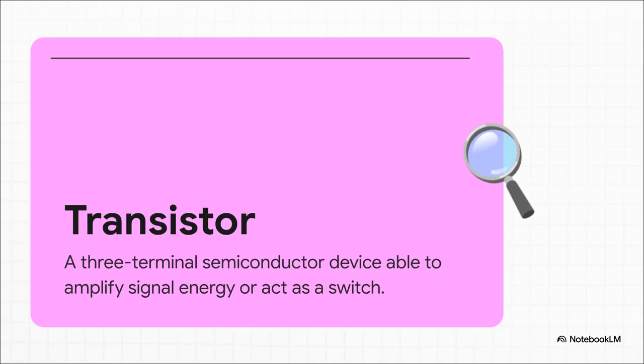So, if a diode is a one-way street, then a transistor? Well, a transistor is like a high-tech faucet. You can make a little sandwich of these materials like NPN, and then use a tiny electrical signal on that middle layer to control a much, much bigger flow of electricity through the whole thing. This means you can switch a signal on or you can amplify it. And that amplification is the key to hearing a tiny radio signal from thousands of miles away.